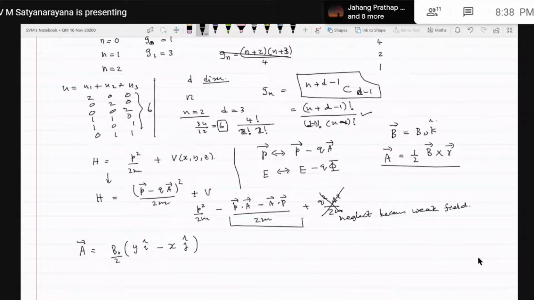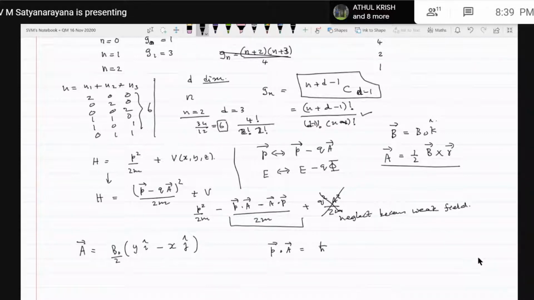This will be the vector potential if you calculate it using this formula. And you can see that p dot A